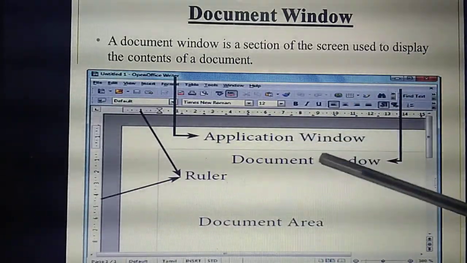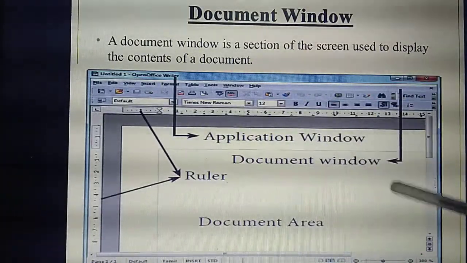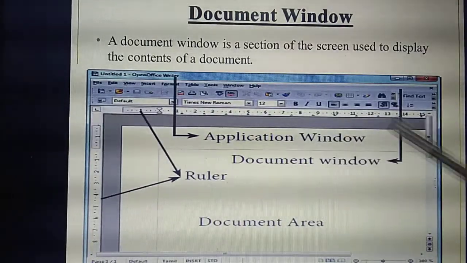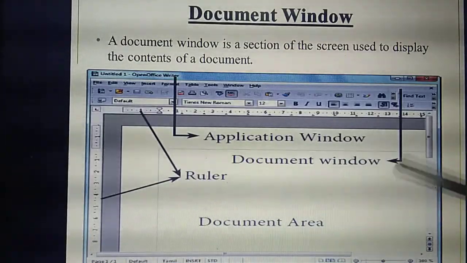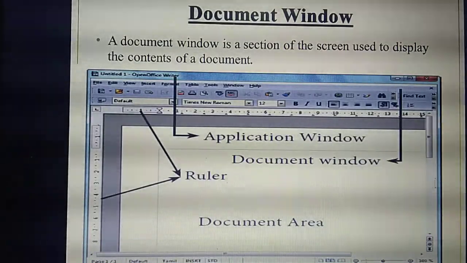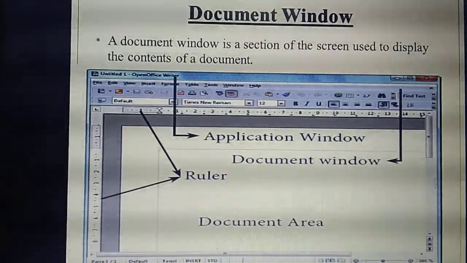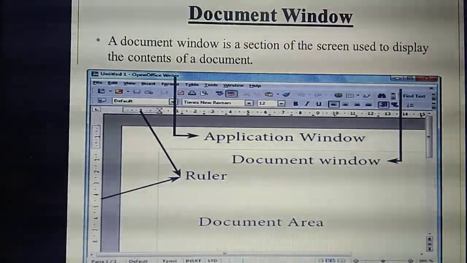Have you seen this white color portion? Like a page, white color paper, inside this application. That means inside the Word application, a particular area will be there for typing text. That area we are calling the document window. Okay.